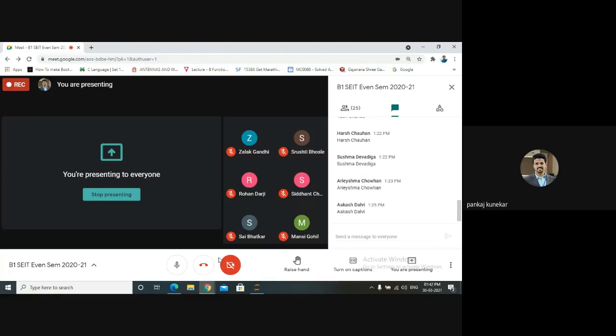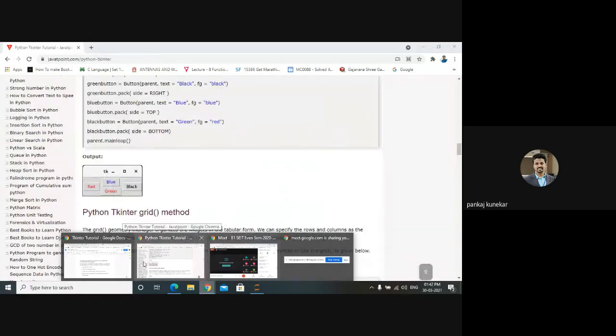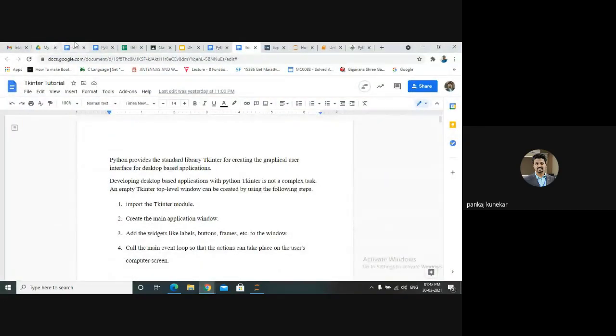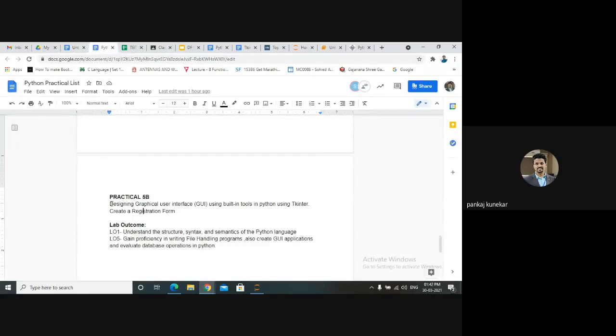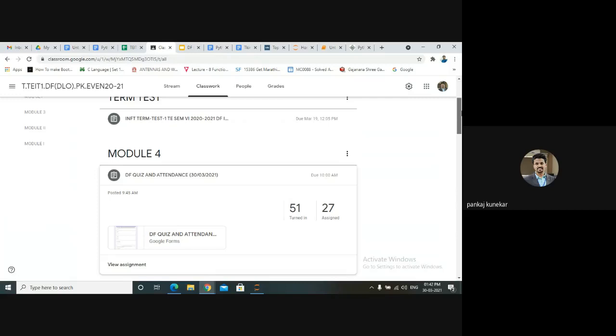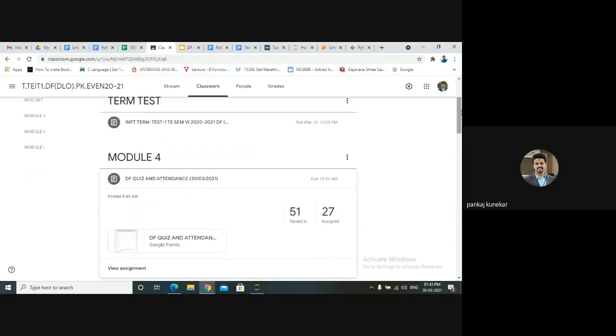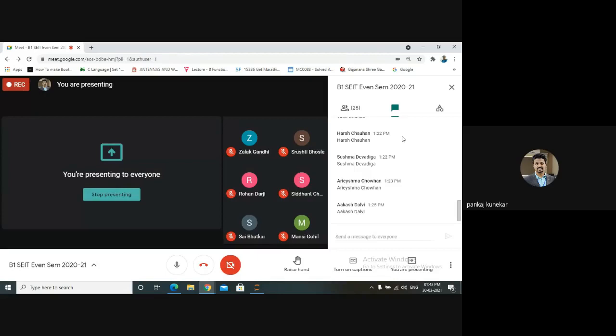So what I will do, I will assign you practical 5B. You need to create one registration form using GUI Tkinter. You can use PyCharm, you can use Jupyter, but you cannot use an online compiler or Google Colab. Your GUI application should be unique. I want all the GUI applications unique. I don't want copy pasted ones. Getting clear? This registration form should look different for everyone.